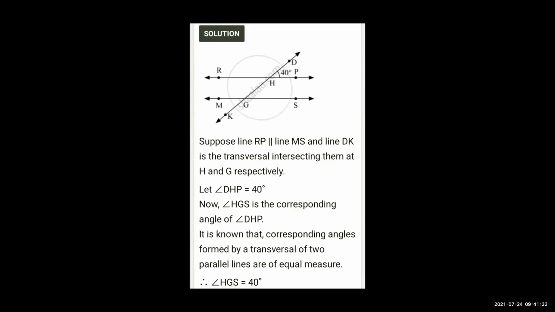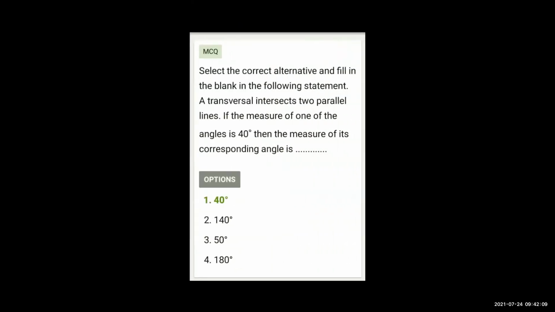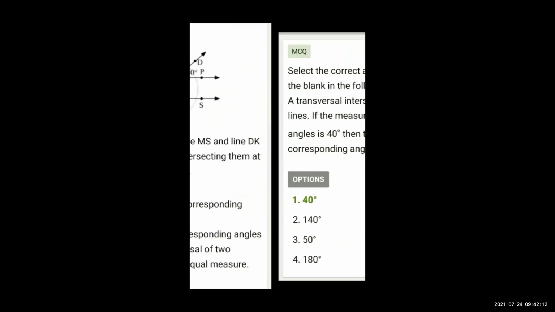Okay, so see carefully, the diagram is here. Angle DHP in the diagram, angle DHP that is given 40, and its corresponding angle is angle, okay, HGS. You can see here angle HGS, that is the corresponding angle, and as those are corresponding to each other, they measures equally, that is 40 degree each. So the right option is 40 degree. Now next,